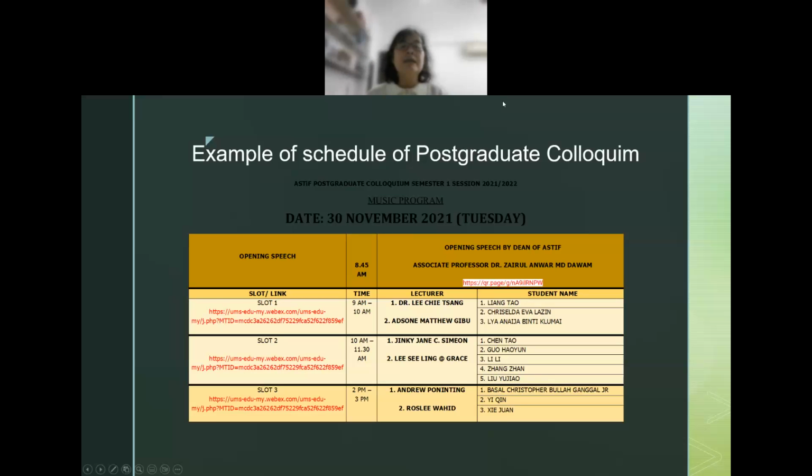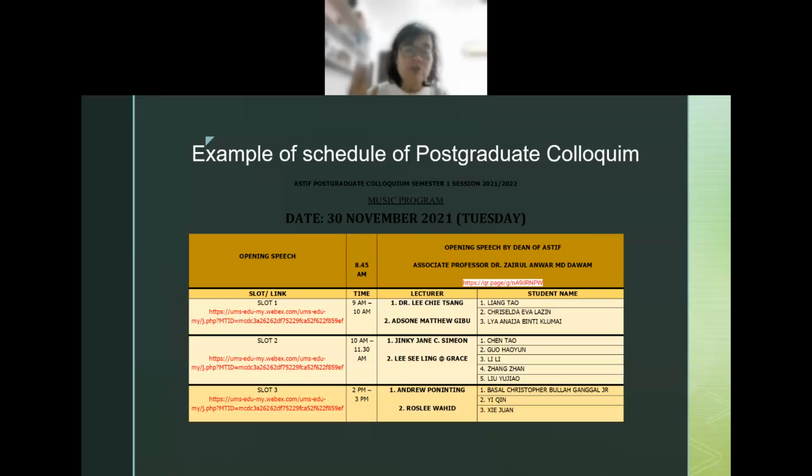This is an example of the schedule for your proposal defense under what you call, again I underline, postgraduate colloquium. Every time I ask some of the China students, especially those overseas, why haven't you done this, they don't seem to know.